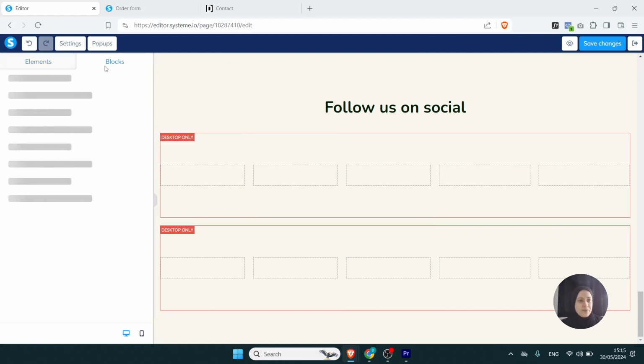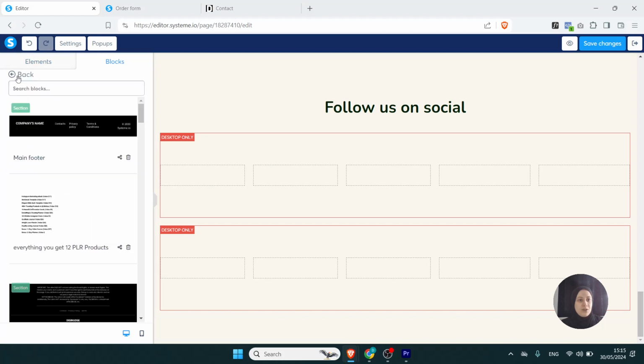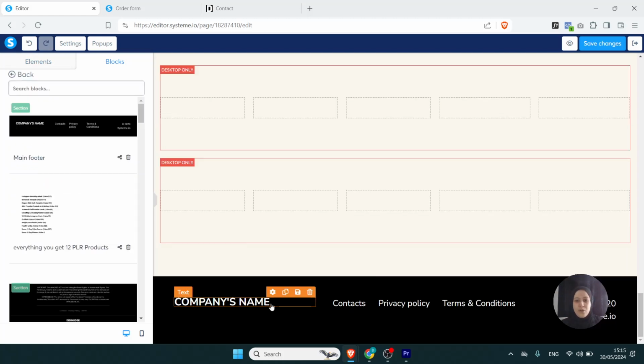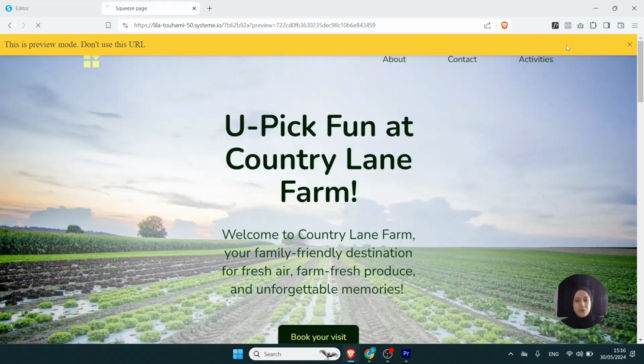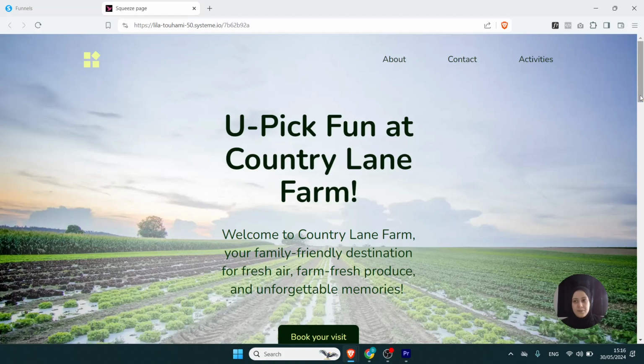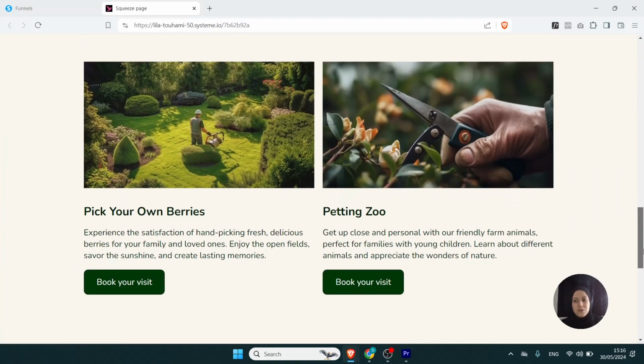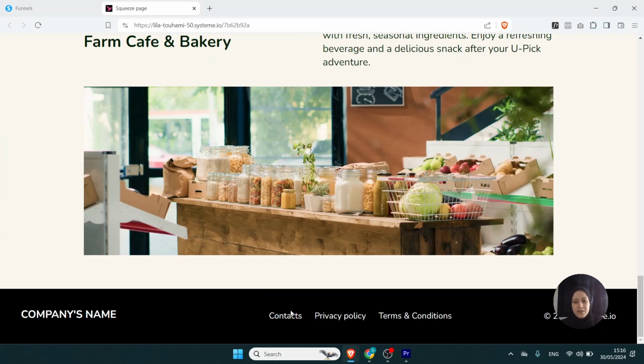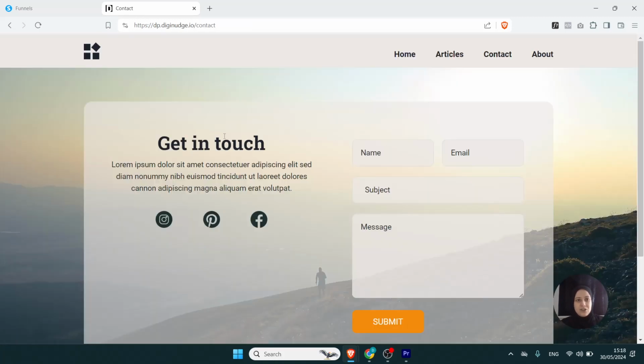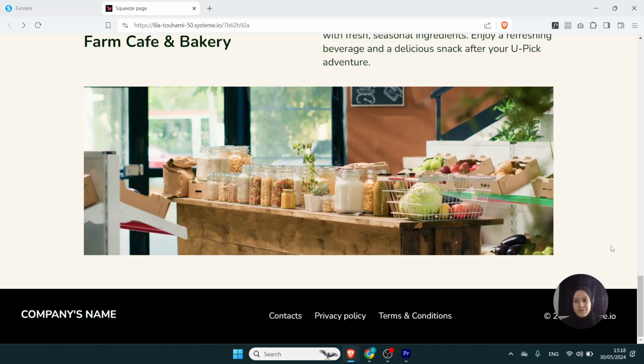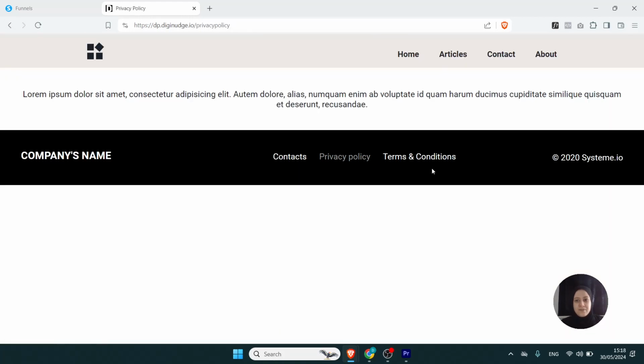blocks, my blocks, and then click on the one that we just created. Now if you save changes and view this funnel step, you see if you go all the way down, we get this particular footer that we created before. Now if you test them, go to contacts, it takes us to contacts. If we go to privacy policy, it takes us to privacy policy, and terms of use we didn't connect,